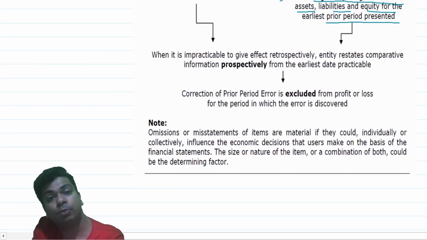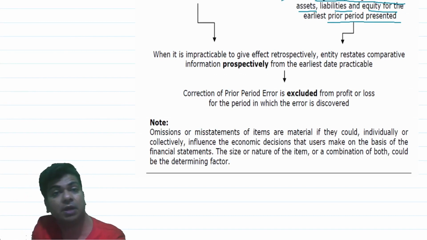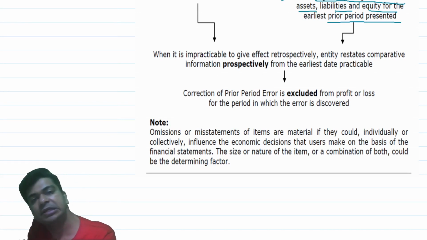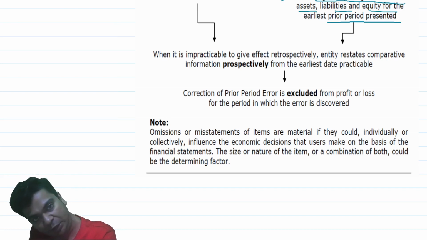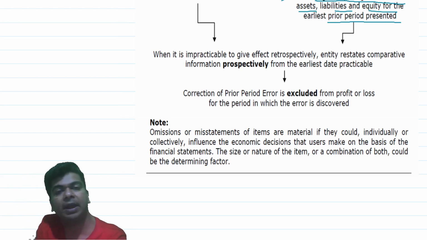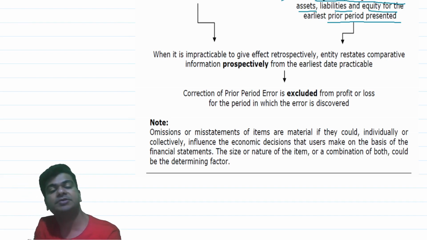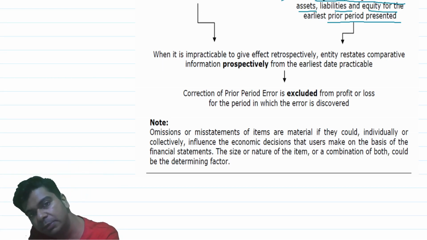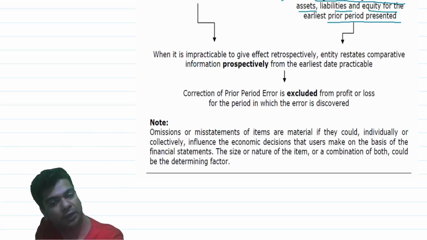As we are saying, we should be providing the effect of the prior period item retrospectively, but by chance, let us say we are not in a position to bring about a retrospective calculation. Then just like as we had studied earlier for changes in accounting policies, the effect of the prior period error will be given prospectively from the earliest period possible. For example, you have committed some mistake, but you have been committing this mistake since last many years. Now perhaps it's possible that I may not be able to give a full retrospective effect. Then to whatever extent it is possible, I shall give the effect.